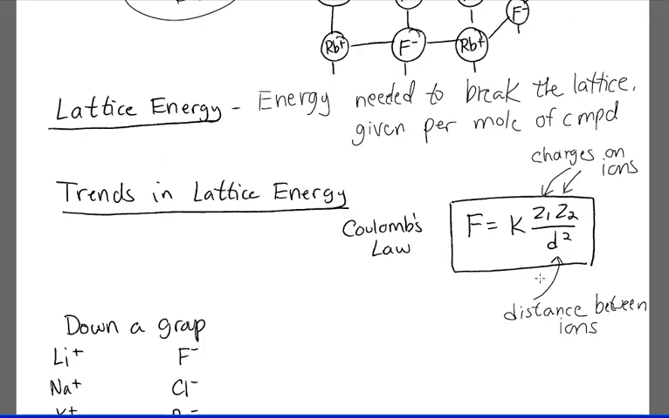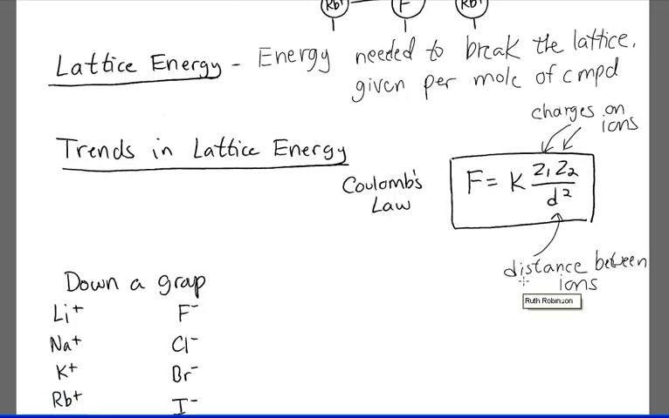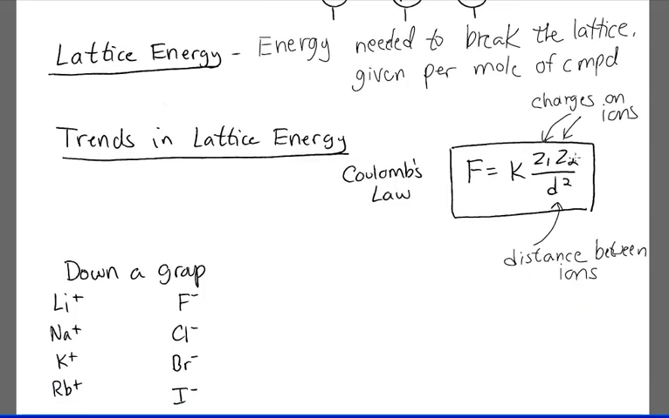We're not going to do any calculations with this equation, but we do want to use it to understand trends. If your charges are greater, the charges in the numerator, the force of the lattice will be bigger. It'll be a stronger lattice. Whereas D is on the bottom, and it's squared, so when the distance between ions is greater, there will be a much, much smaller force of the lattice. So we can say that the force of the lattice is greater